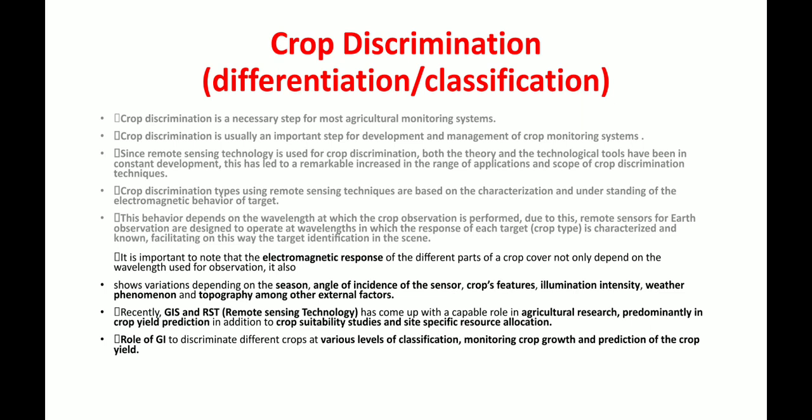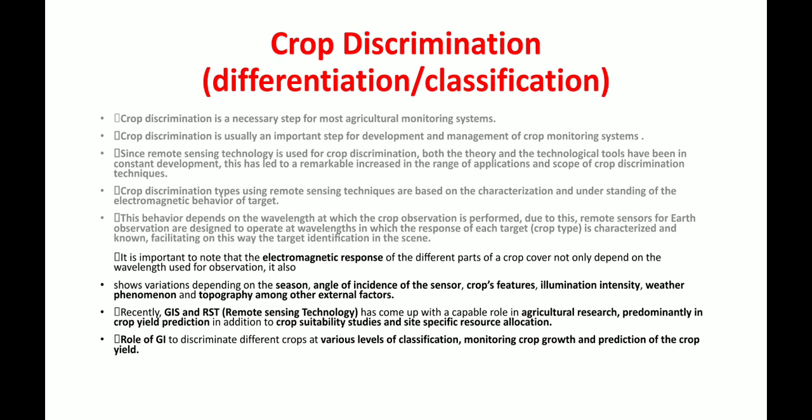We have to characterize or differentiate the crops with the help of the different technologies we use in geospatial technologies. This is an important step for the development and management of the crop monitoring system. Since remote sensing technology is used for crop discrimination, both the theory and technological tools have been in constant development. This has led to a remarkable increase in the range of applications and the scope